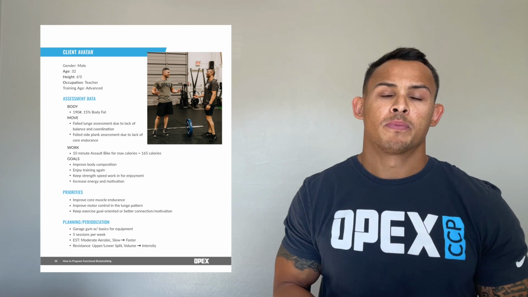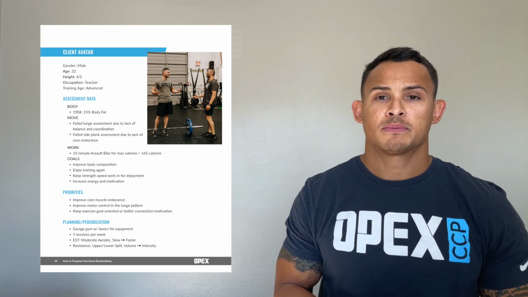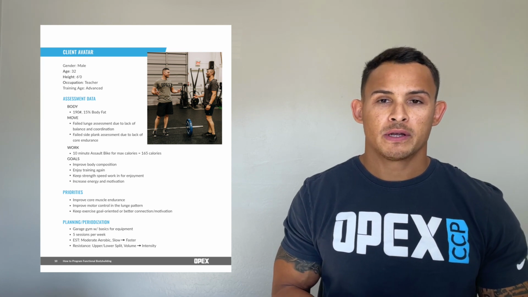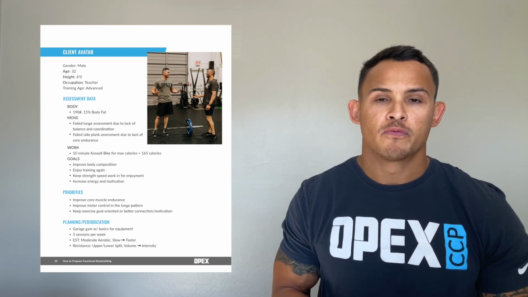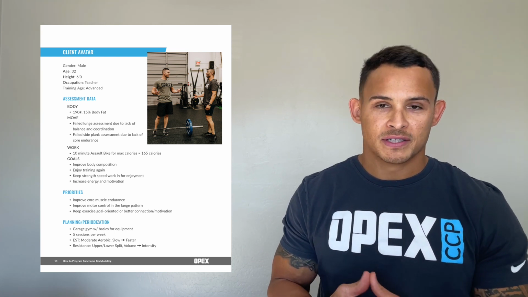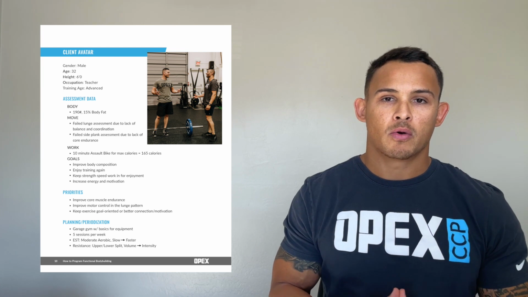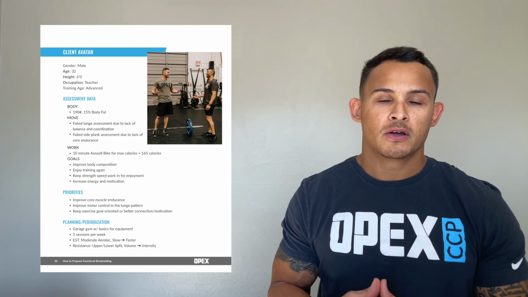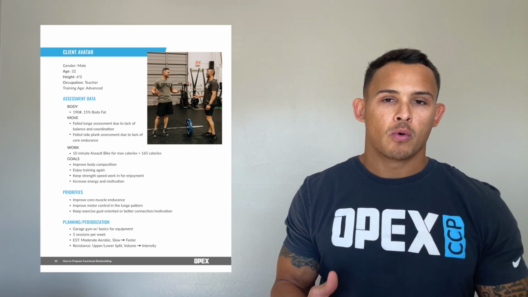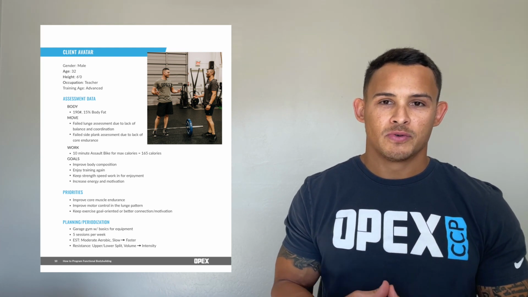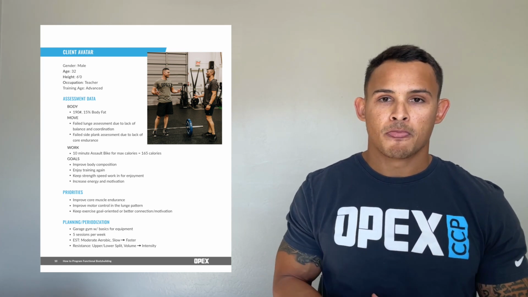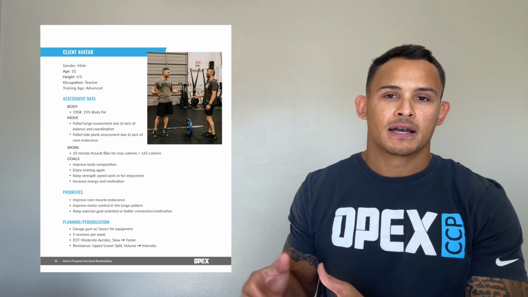Now moving on to OPEX move. So OPEX move is just us taking our clients through a movement screen, and this movement screen is relative to our 6 basic movement patterns. So you'll see that our client failed the lunge assessment due to lack of motor control and coordination. He also failed the core assessment through the side plank, and that was just relative to a lack of core endurance. So when we get into the 3Ps section, we'll connect back to that and we can start to wrap our heads around how we're going to prioritize these things inside of the program.